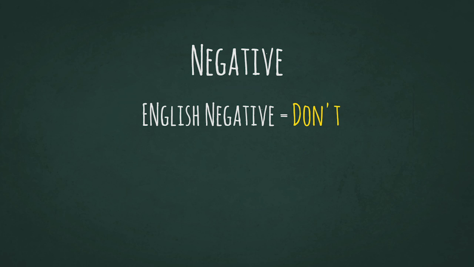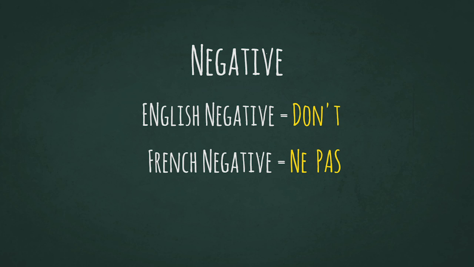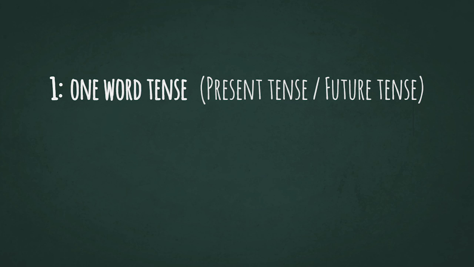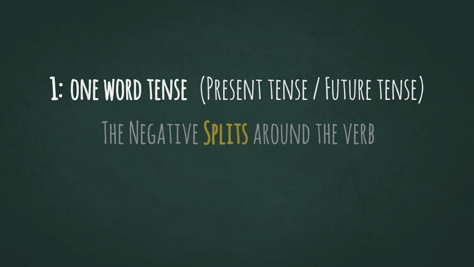In English, your negative is made up of one word. In French, your negative is made up of two words. And those two words have a specific position, and this is what we are going to see. So point number one, if we are dealing with a one-word tense, present tense, future tense, the negative splits around